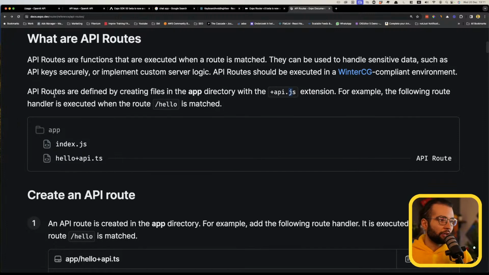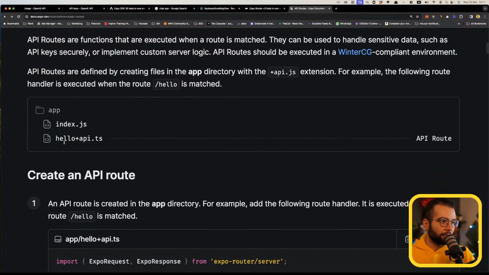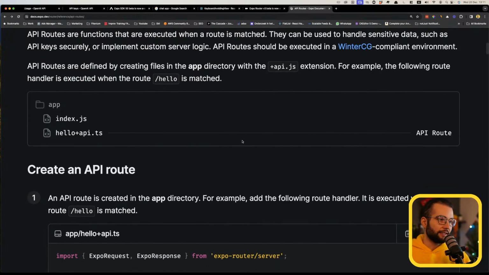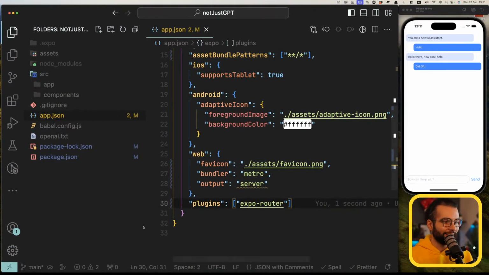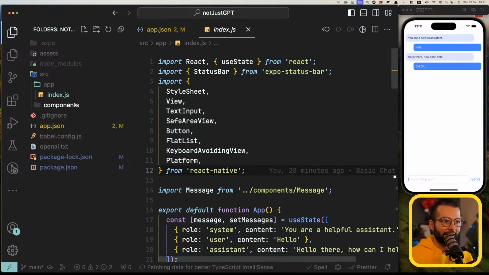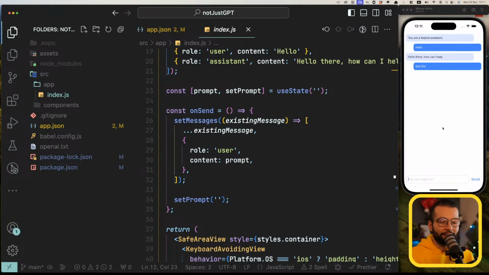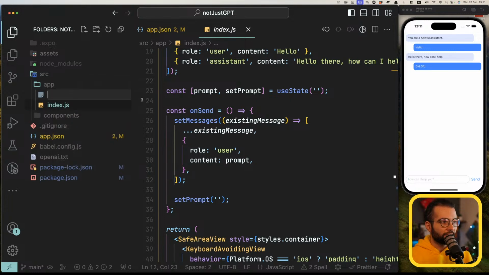For example, the following route handler is executed when the route /hello is matched: hello+api.ts. Okay, let's go ahead. With the knowledge that we currently have, in our app directory, similarly to how we have the routes for our application, we can create a server route here. The name of the file is going to become everything after the slash when we query our API. So let's call it